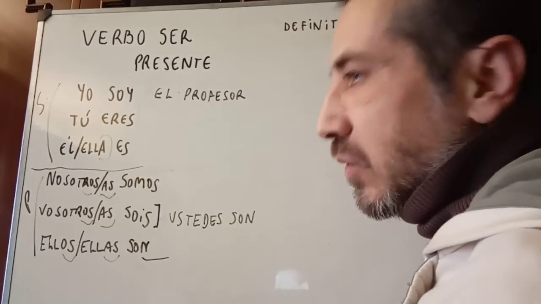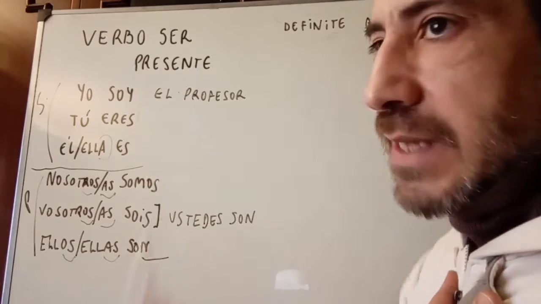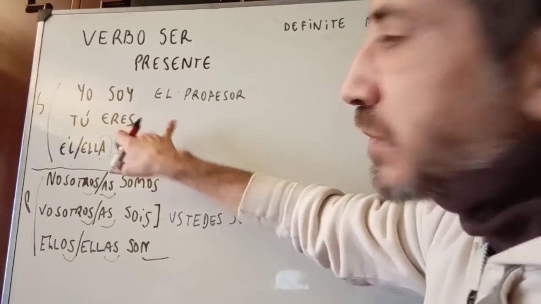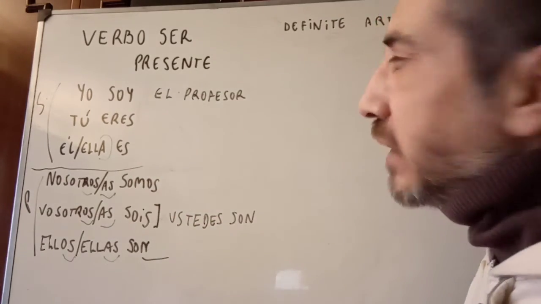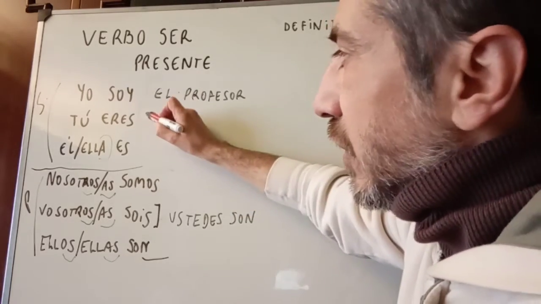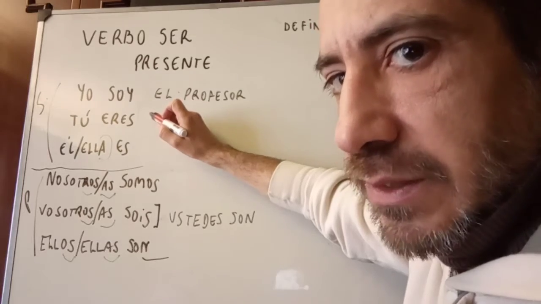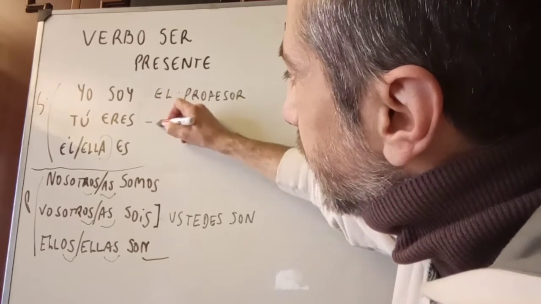I'm the professor, or I'm the teacher. In my case, I use el because I'm a man. Let's suppose that there is a woman here. So I won't say el profesor. Tú eres, do you remember the article? The feminine article in the singular? Tú eres